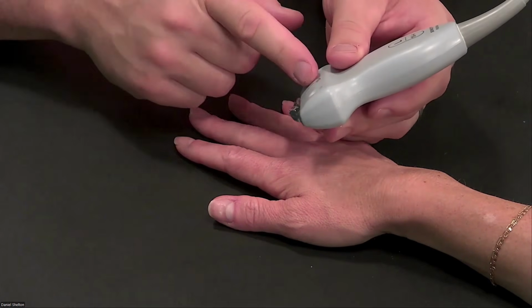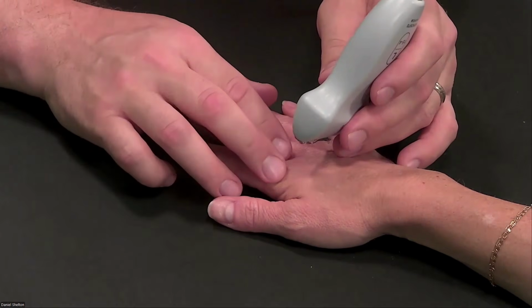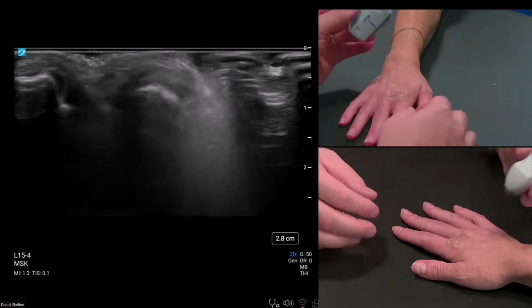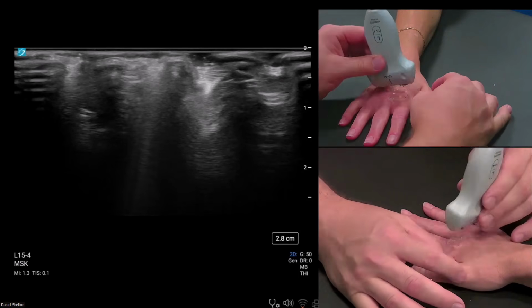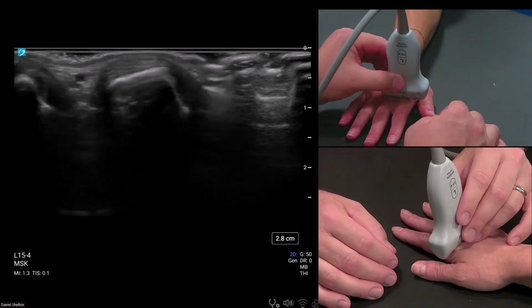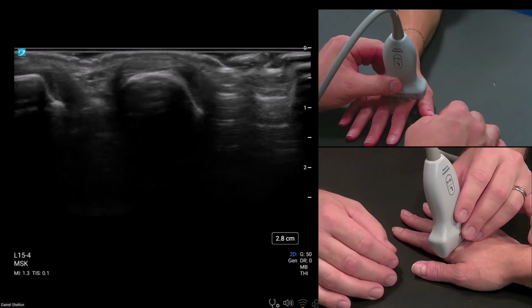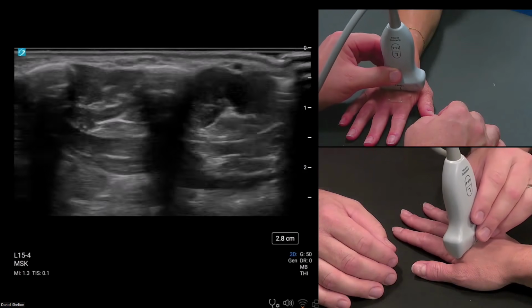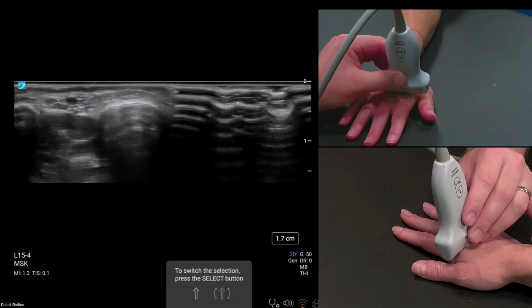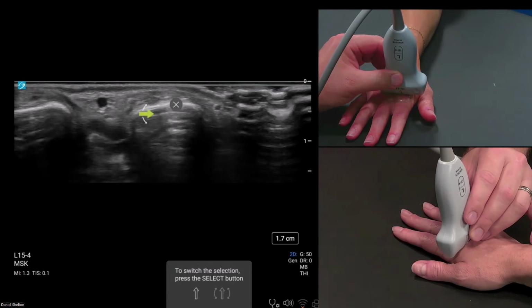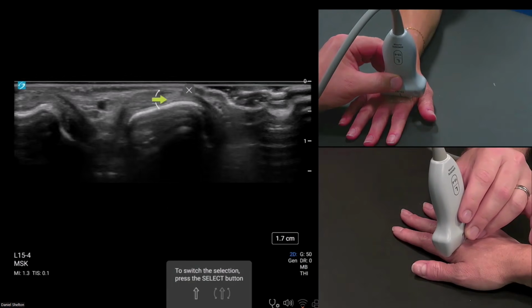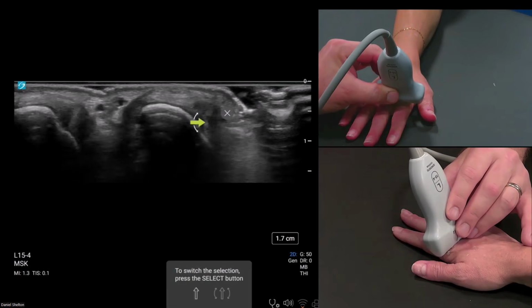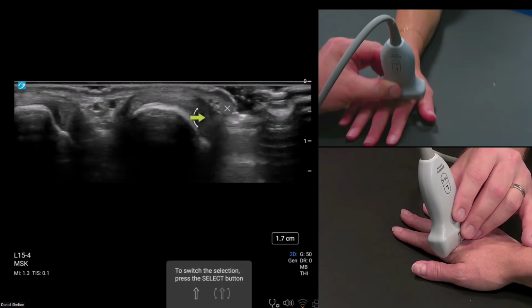This is our L15-4, and I'll start just dorsally, transversely. And I switched hands versus the rest of the videos just to give a good camera window to the inside of the thumb. This is a little bit backwards from the rest of the shots. Just remember that radial is now screen right and ulnar is screen left. So I'm at the metacarpal here, and I can just scan that distally. Just to review, we've got the metacarpal, the extensor tendon, and as I go distal, you'll see the metacarpal change shape. So this little drop off that we have houses collateral ligament origins.